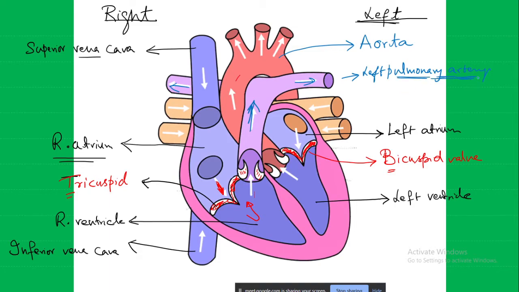Artery usually carries oxygenated blood, but this is the pulmonary circulation. It is going to the lungs. So left pulmonary artery, and this one, it is bifurcated, no? This one is the left pulmonary artery and this one will be the right pulmonary artery. This will go into the left lung.